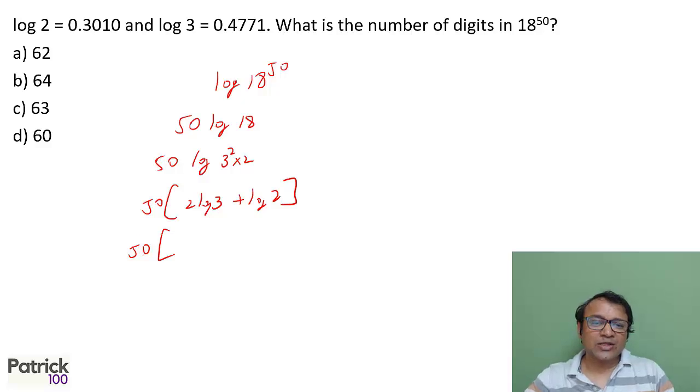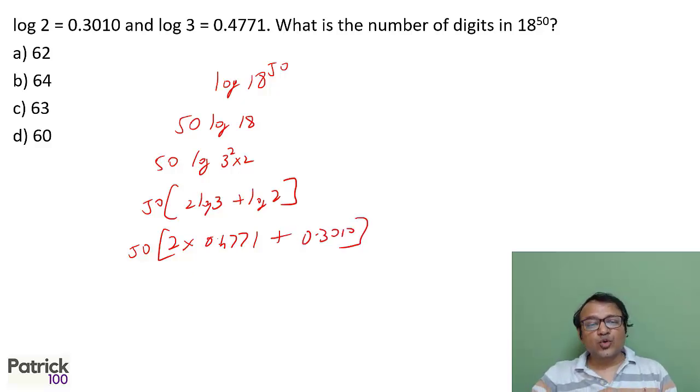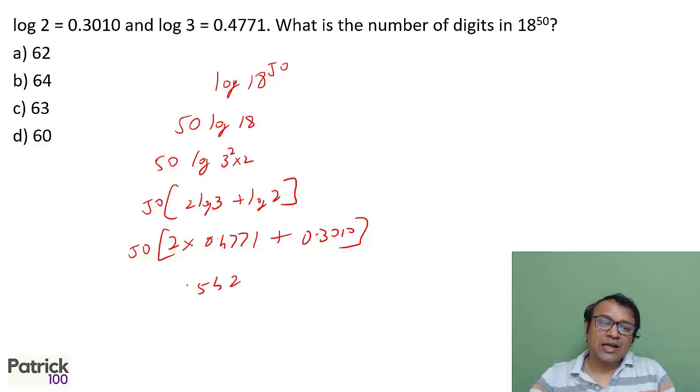I'm just showing the calculation, but in the exam, you have to write as little as possible. So 2 into 0.4771, which is 0.9542, plus 0.3010, which becomes